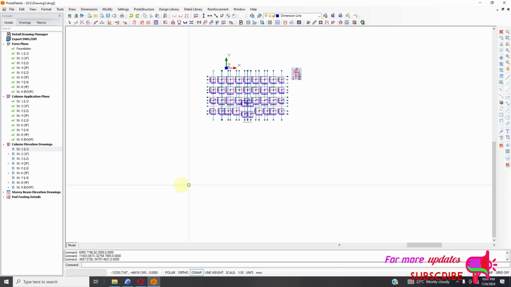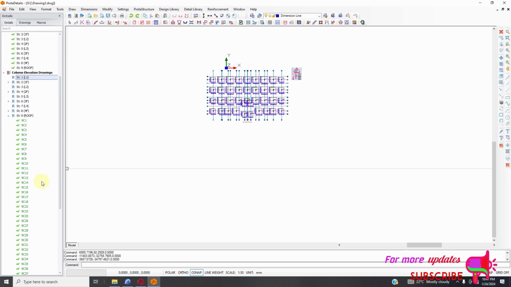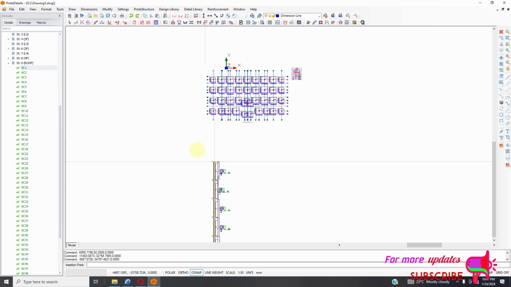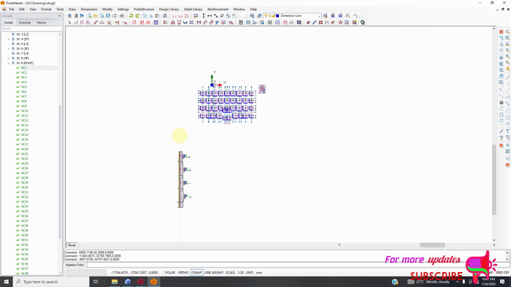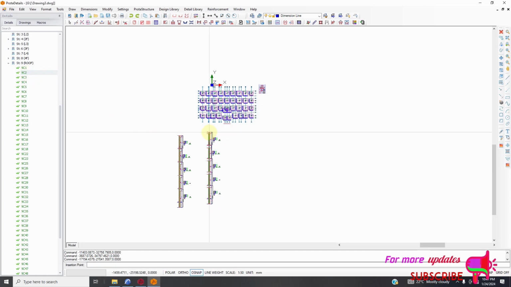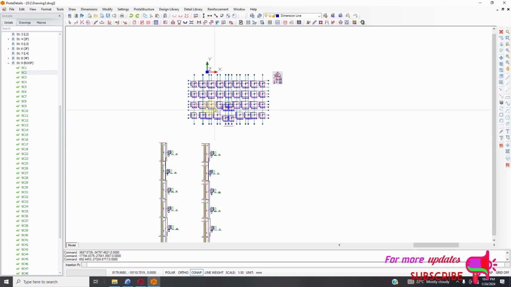I would prefer to draw the column through the stories. So I'll go to the last story, that is the roof level, and I will pick this column, right click, and then draw through stories. And okay, then I'm going to place it here. I can do the same. So if I check here,